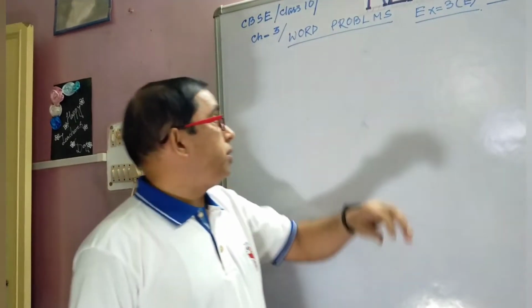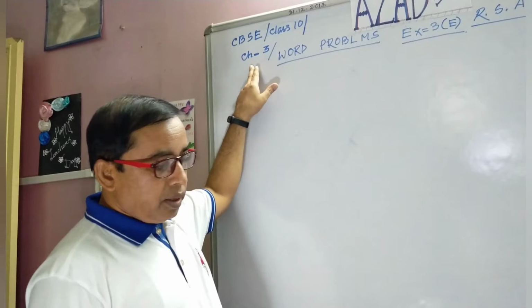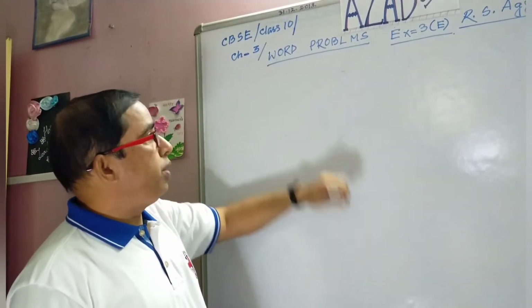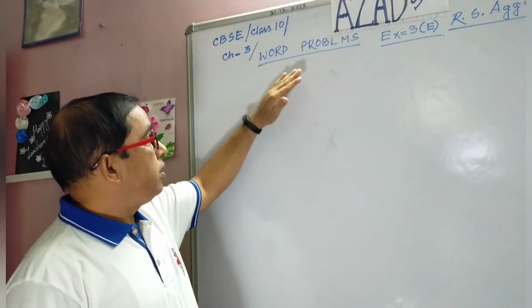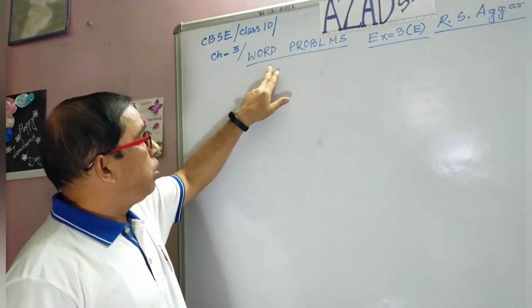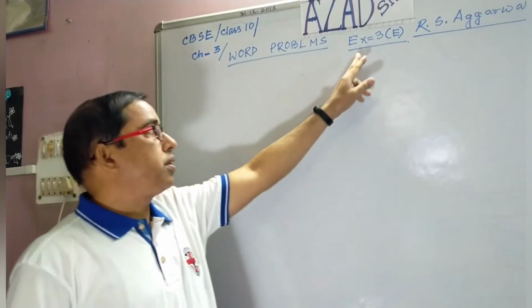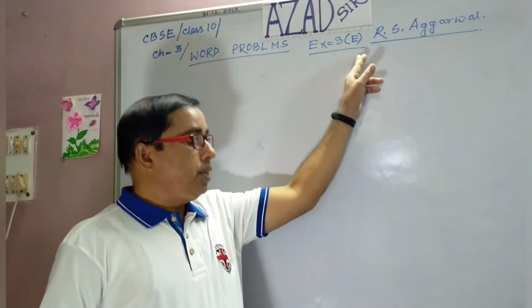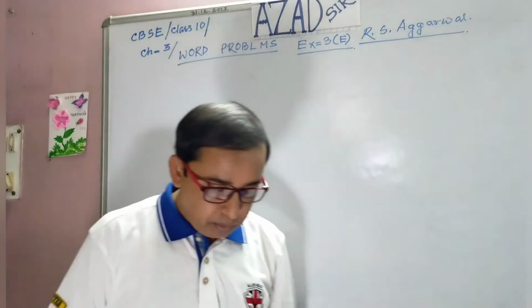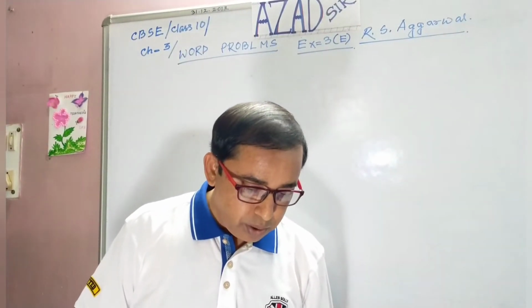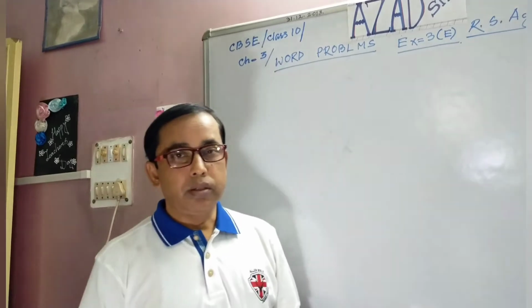The name of the chapter is chapter 3, linear equations of two variables, and the subtopic is the word problems, and the exercise is 3E, and your page number is 125. So students,